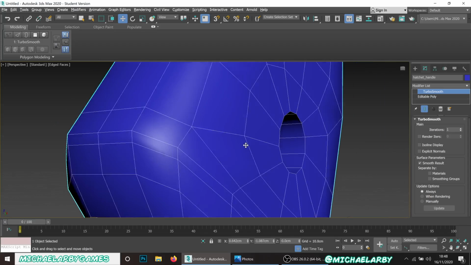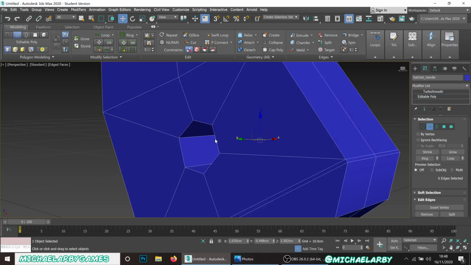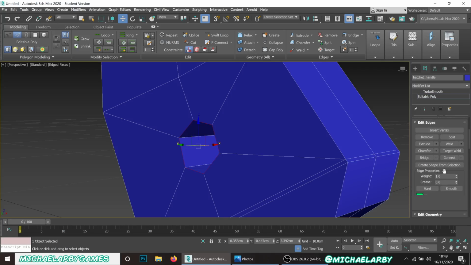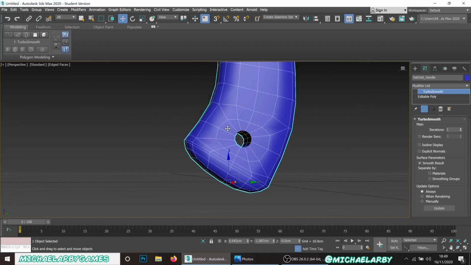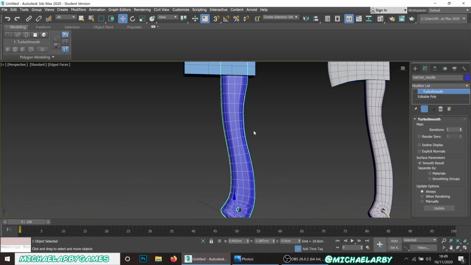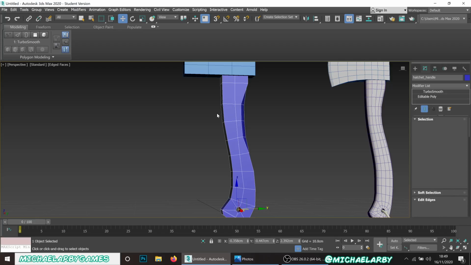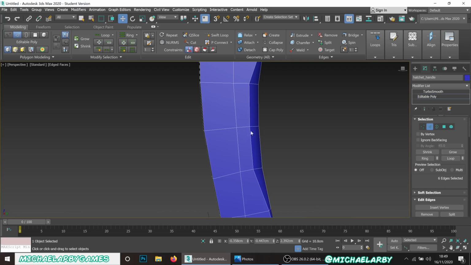Nice sharp edge there. And we'll just do the same on the other side. Go back to your edit poly, double click, get that whole wee border there, and crease. Go back up to Turbosmooth. Lovely. Cannot say fairer than that. That looks good. Again, you can tweak this, you can play with the shape of the handle, you can move these, the low poly version, move these around a little bit. What I might do here,